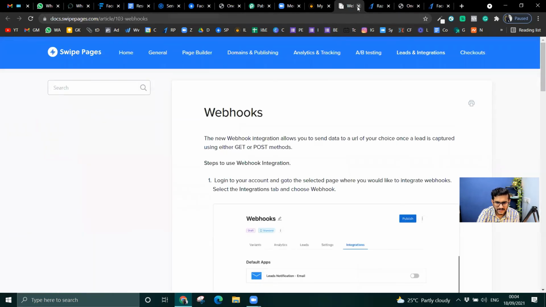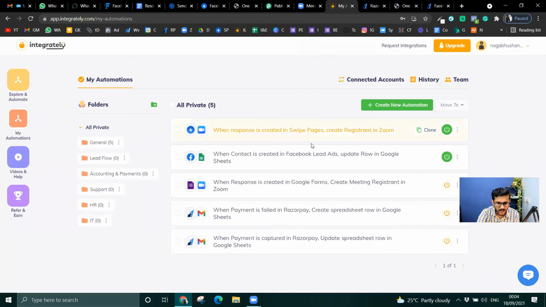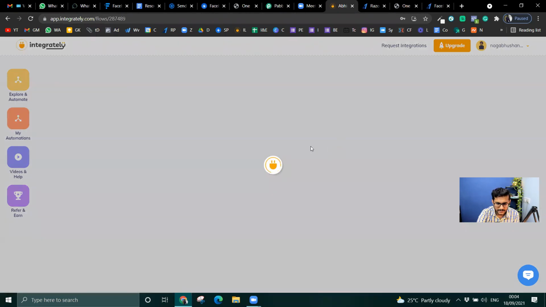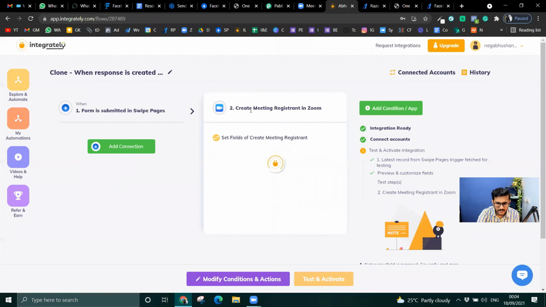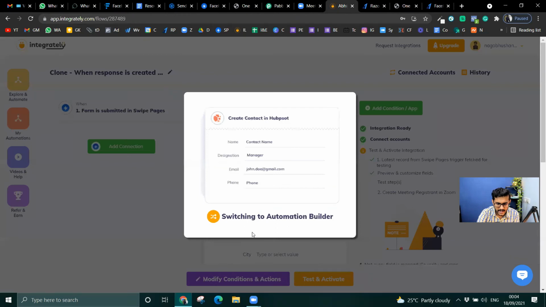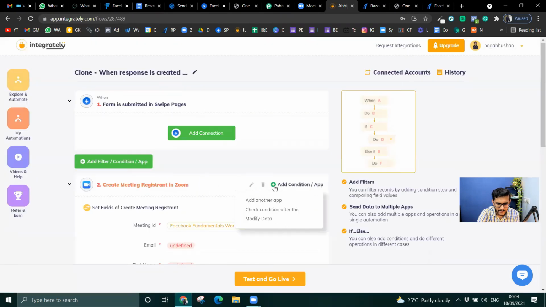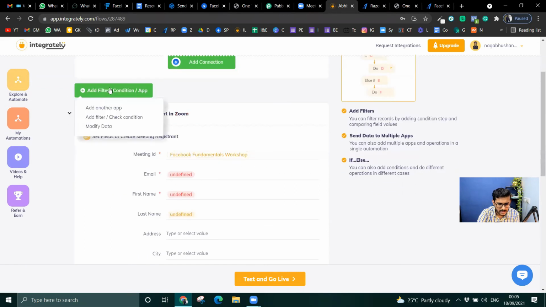Okay, what is this? Okay, I've just opened up the Webflow. So I have my other thing ready. Now what I'm going to do is same thing. I'm just going to clone this. And instead of Zoom, I'm going to edit this guy, say modifying conditions and actions, and say delete one action. I'll just say add